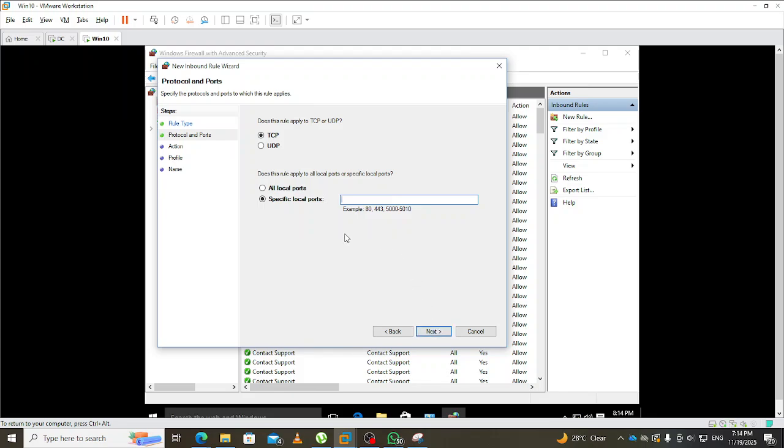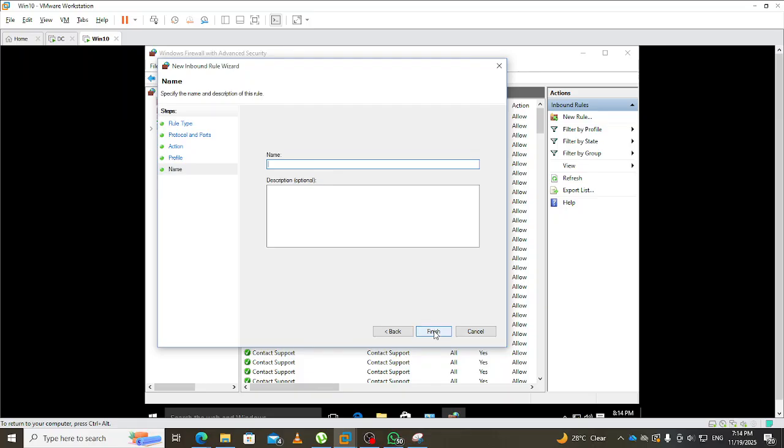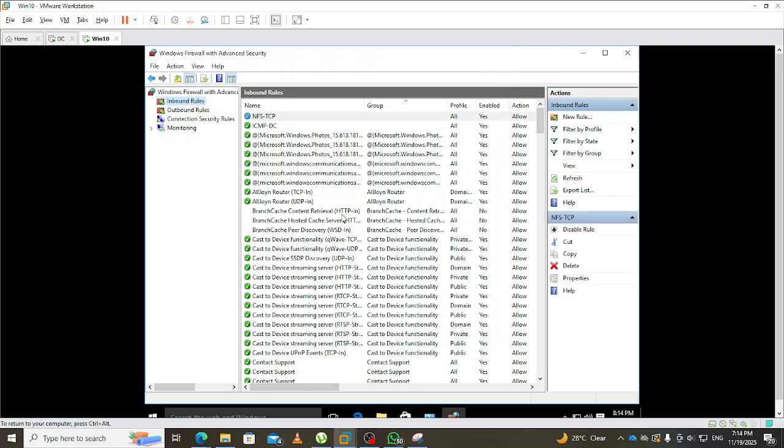We have to specify the port. This one uses 2049, the specific port for TCP. Allow all domains. Then we name this one NFS-TCP. Finish. Then we also have to do the same for the